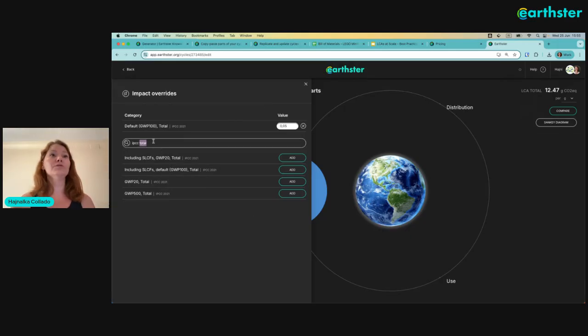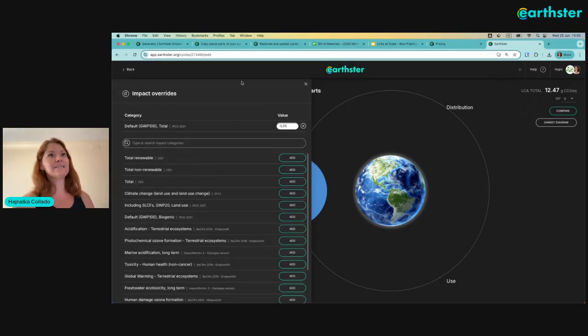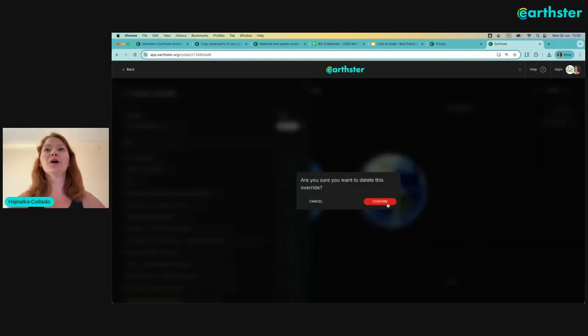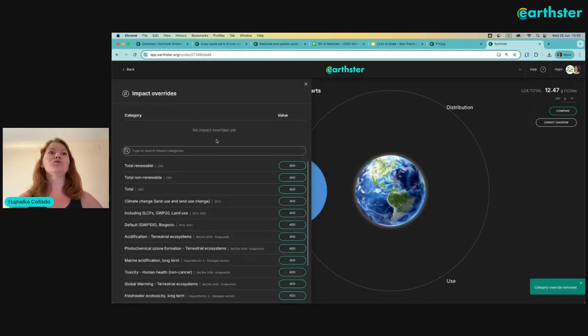So now what we are doing is, I would say, tampering with the data. So this is something not to use just like that, just because. So be conscious when you're doing it, especially if you're choosing another impact category. But the cool part in it, what you can do instead of overriding impact categories, what you can do